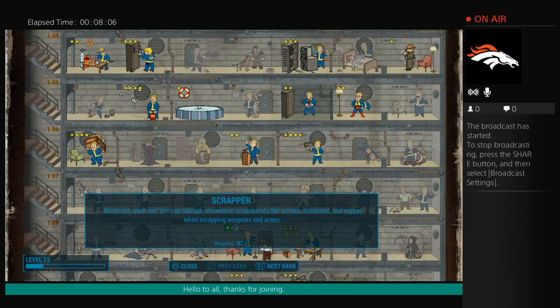So you can take the advice, or you don't have to. You can do your own thing, but the chart shows which perks are definitely recommended to achieve that trophy. I would definitely say go ahead and pick them. So the first level of the Scrapper perk, when you break down weapons, gives you screws, aluminum, and copper. The three most important when starting off, especially if you want to get into modding weapons really quick. The next level of the perk allows you to break down weapons and achieve